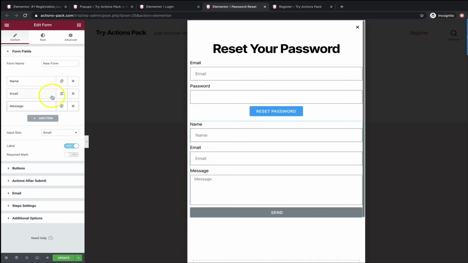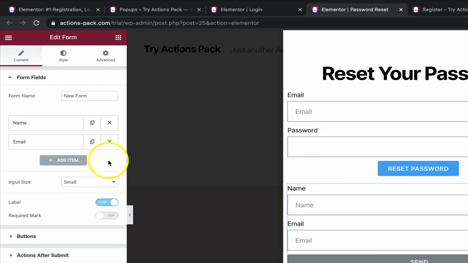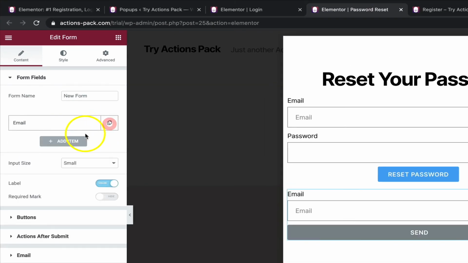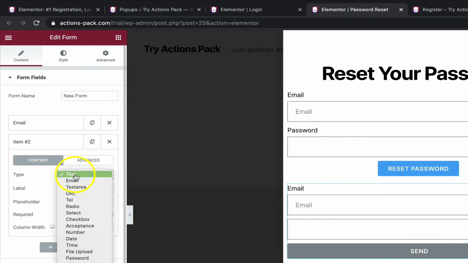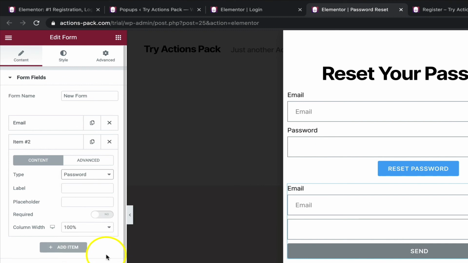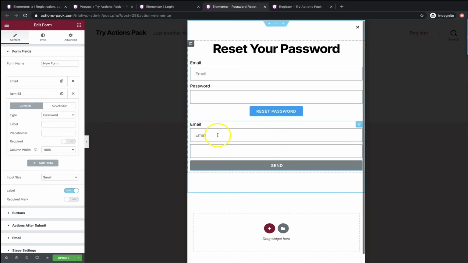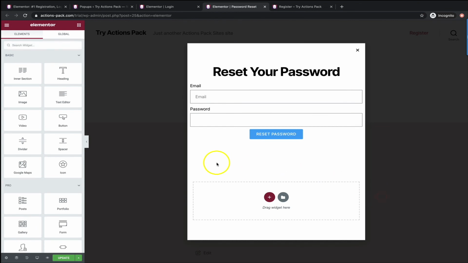So all I did was delete message, delete name, and I add a new item, which from the drop down type was a password. That's all I do at this stage. We can click on there. That's how I created this form here. Clearly, we don't need two. That was just to demonstrate. I will delete that.